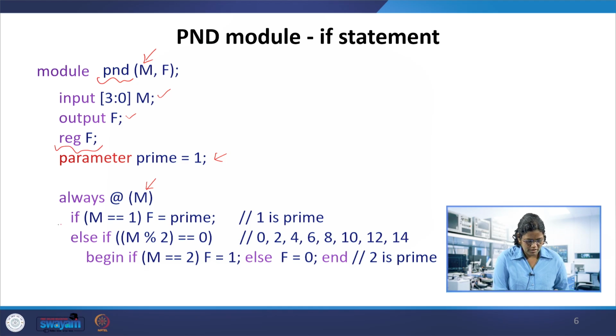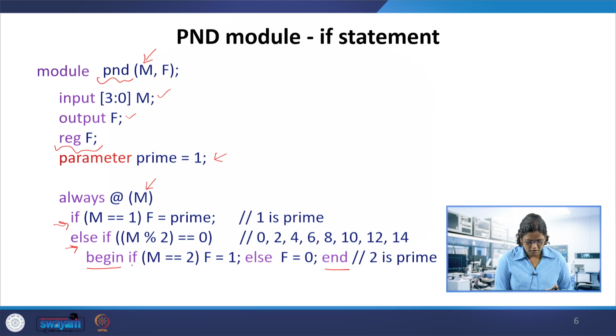Else if checks the condition: if this is the first condition, the second one is M % 2, which is the mod operator here. If it is giving 0, the remainder equal to 0, that means M can be 0, 2, 4, 6, 8, 10, 12 and 14. In that case, begin and end, the statements are within the begin end block.